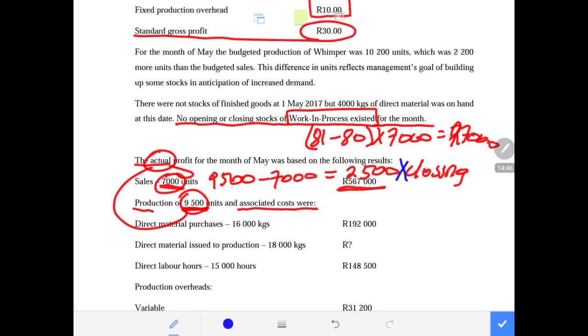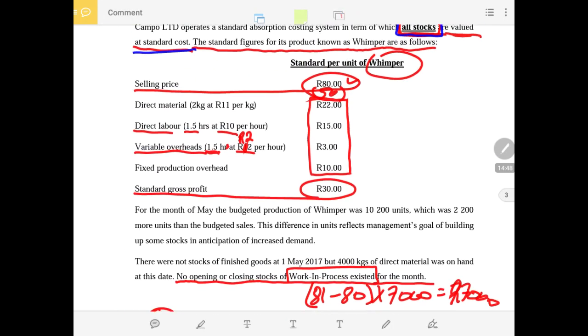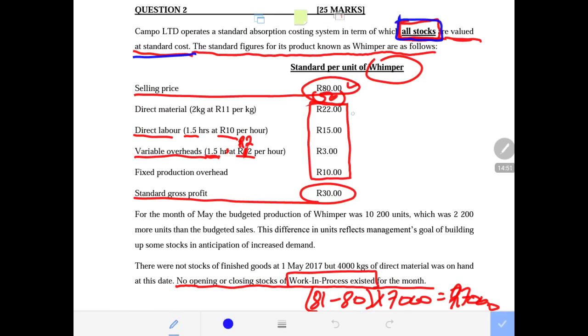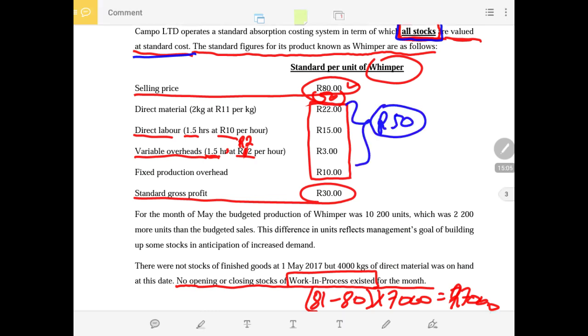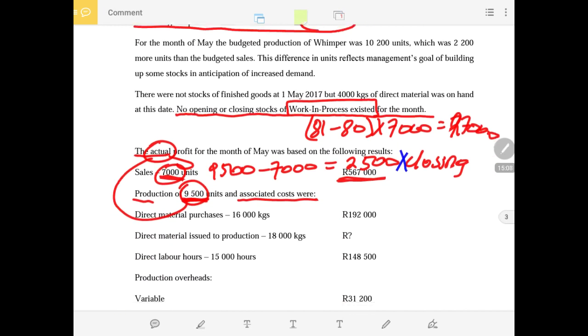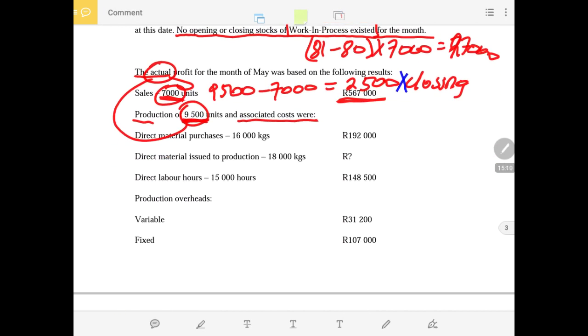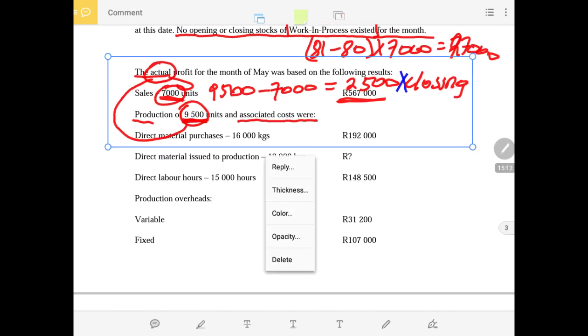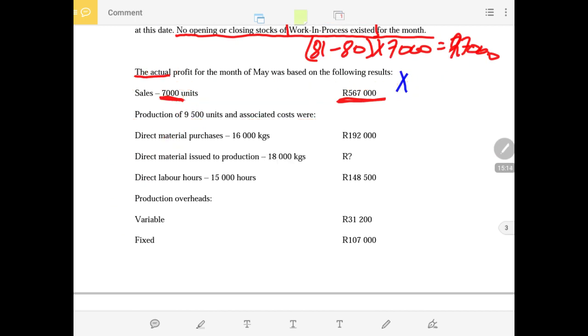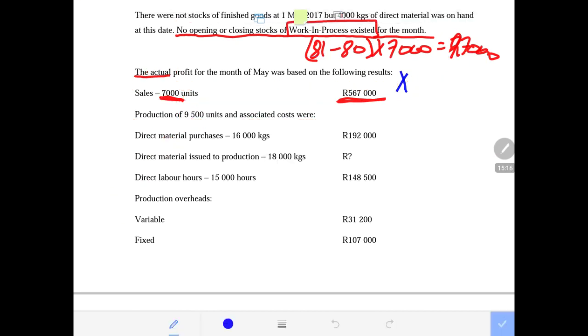to be valued at standard cost, and our standard cost of production is an amount of 50 rand, being the standard cost of 50 rand, adding all the cost including the fixed cost per unit. So now the value of the closing inventory, though it is actual inventory, will be valued at 50 rand. So now we need to be very mindful of that. That part was very crucial, and I will continuously remind you of other parts that will be affected by that